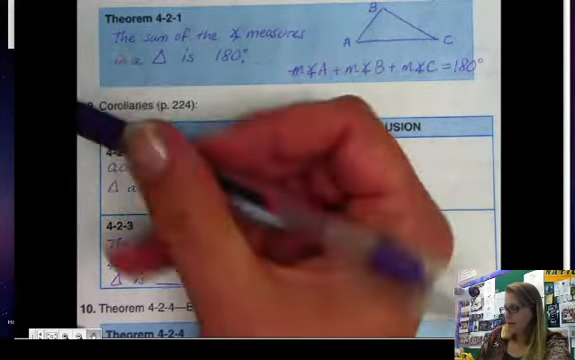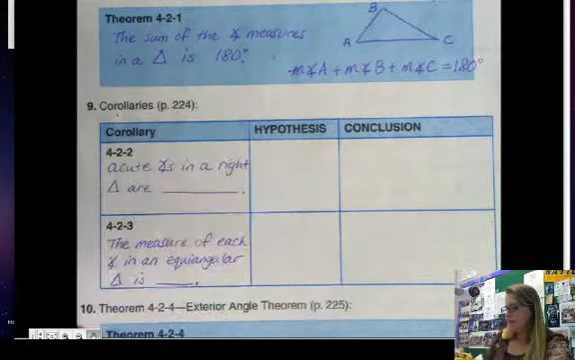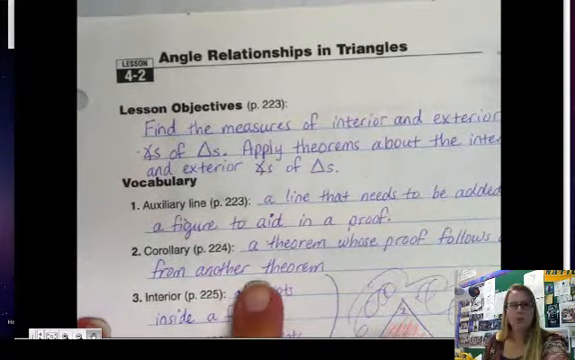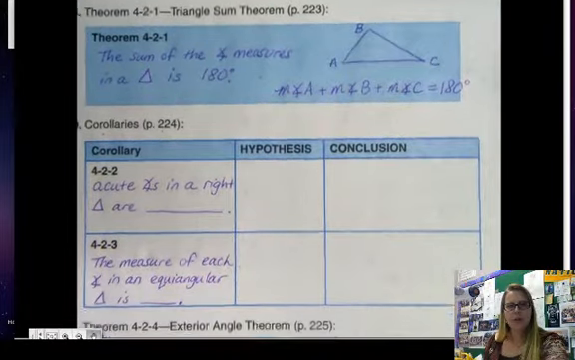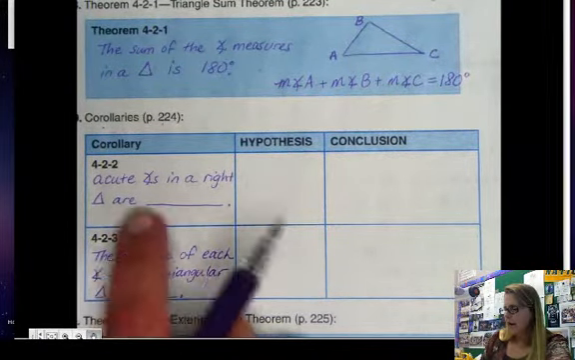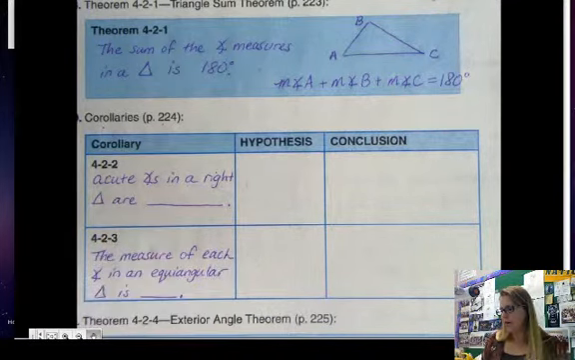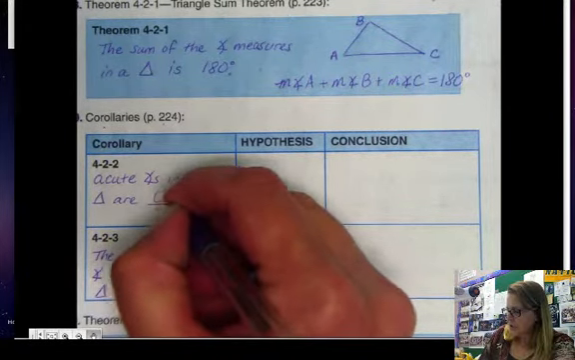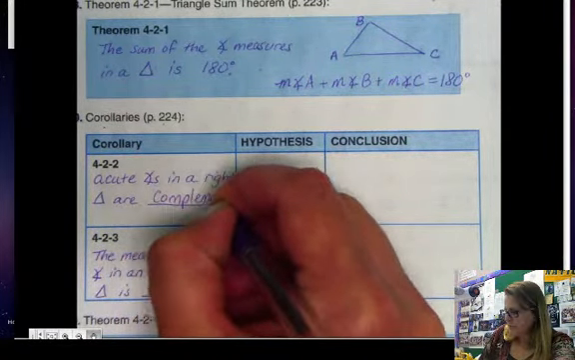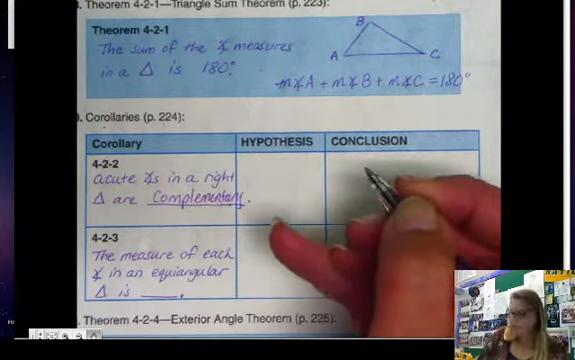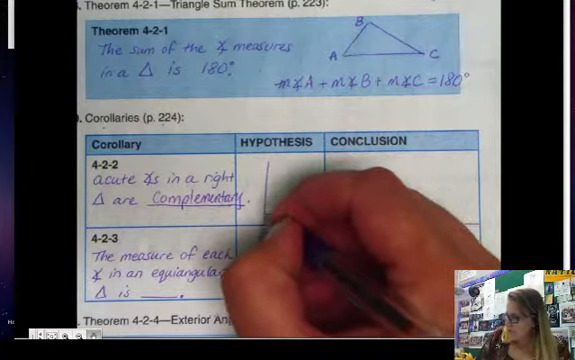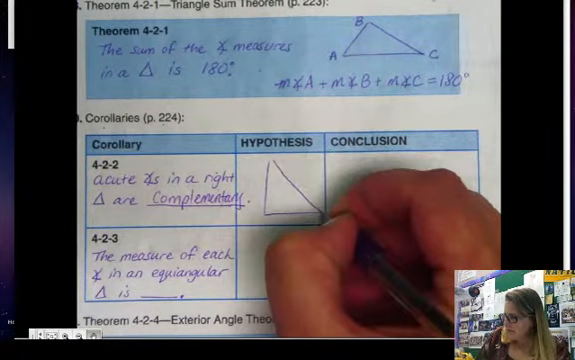Now, I talked about corollaries. A corollary is one that is very, very similar to another theorem, and it follows directly from that other theorem. So there's two corollaries from the triangle sum theorem, and one is that acute angles in a right triangle are complementary. And so here's an example. So if I have a right triangle,